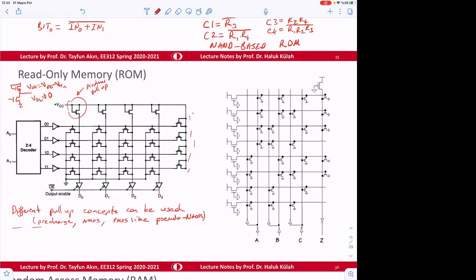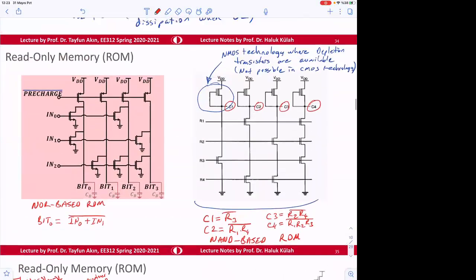And then the active thing can be written, programmable, erasable,